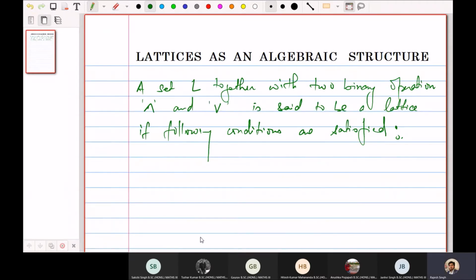So we have a non-empty set. Let us add this, a non-empty set. A non-empty set L together with two binary operations cap and cup is said to be a lattice if the following conditions are satisfied. So first is